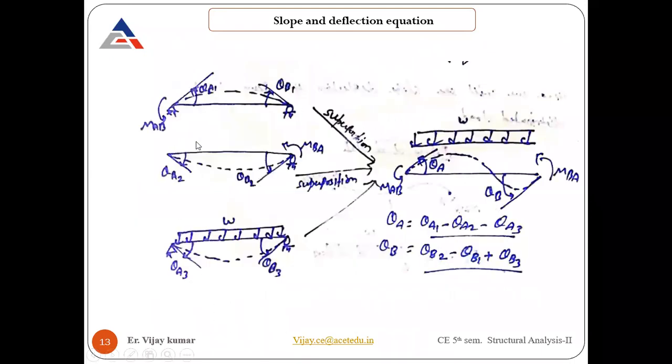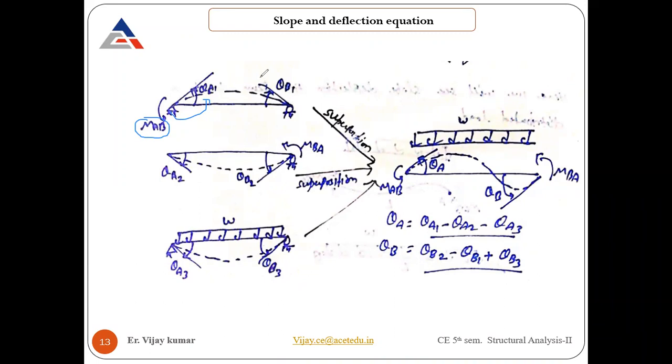First, the segment which I am going to consider here is MAB, a simply supported beam. Due to this moment acting over the support point A, it tries to deflect the beam as it is showing on the screen, in the upward direction like this. This is the deflected shape on your screen. Due to this moment, a slope happens, which is theta A here, and this is theta B.